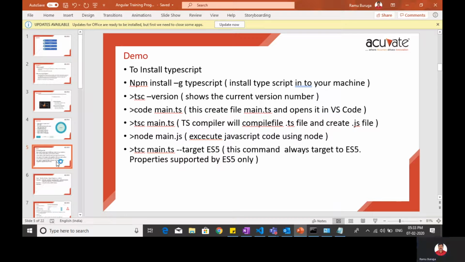So to work on Angular, what would you require? You would require Node.js, TypeScript, and some editor. In the normal server object model, when we are doing development, we use the Visual Studio editor, right? Here we are using Visual Studio Code, which is a free version. So these are the prerequisites to complete this development.